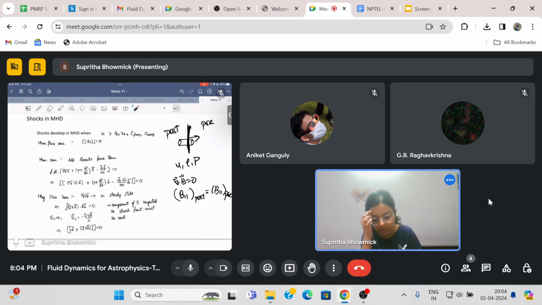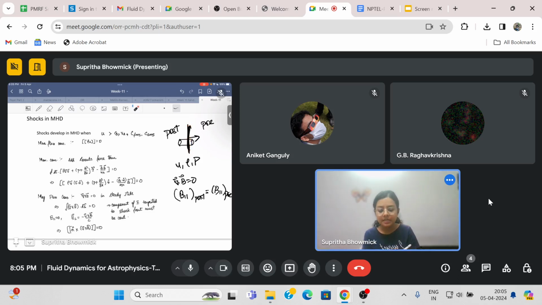You will see that this is the component of V which is tangential to the shock front, right? And all this equation tells you is what E perpendicular is. Also remember what E perpendicular is. E perpendicular is the component of E perpendicular to the velocity of the fluid, right? So what will that be? This is the direction which is perpendicular to the velocity of the fluid. And this actually gives you the E tangential to the shock front.